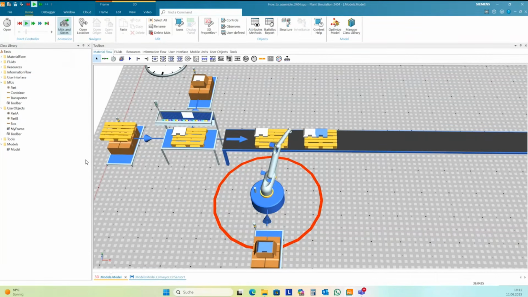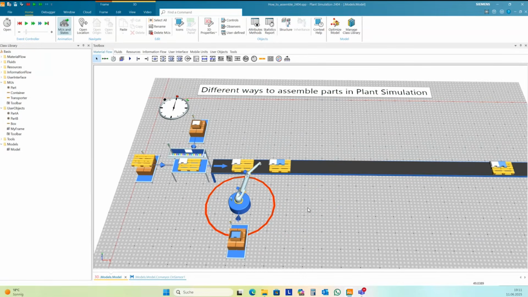And so you can use the pick and place robot to assemble parts, only 1, or fill the complete palette with parts 1 by 1 without any programming inside of the robot.